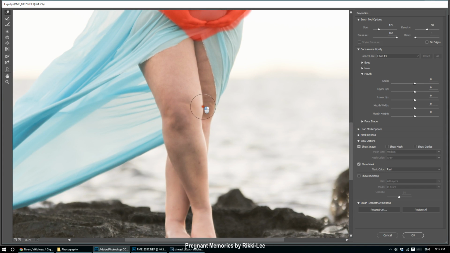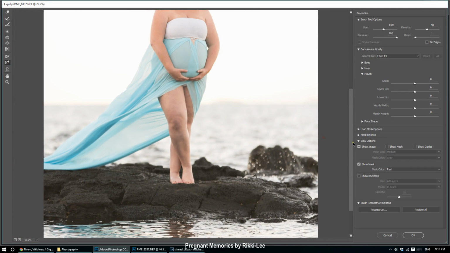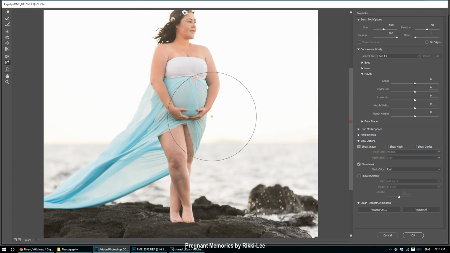Okay, this knee, we've got to be so careful because we've got another knee under there. So for those that are not well practiced with the Liquify tool, just keep freezing things so that you know that you're not going to move things that you shouldn't be. All right. Okay, I'm going to zoom out and get rid of all of that freeze. Alright, so we've got a little, I wish I could have the arrow tool to show you. I've got a little bump here, so I'm going to freeze her arm